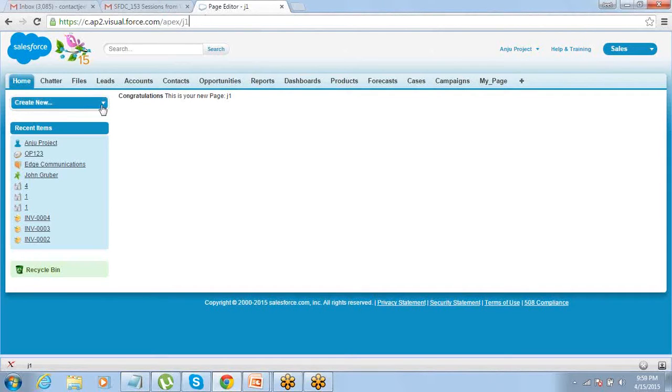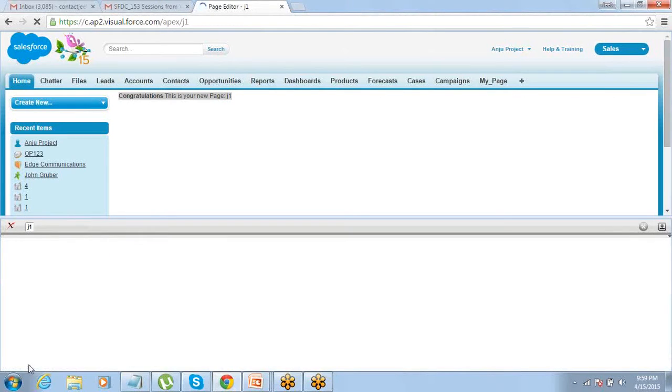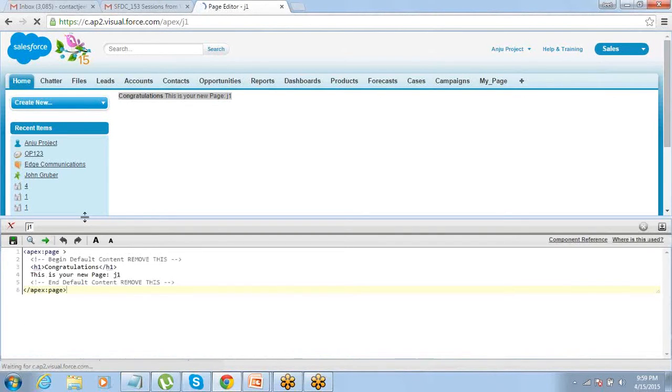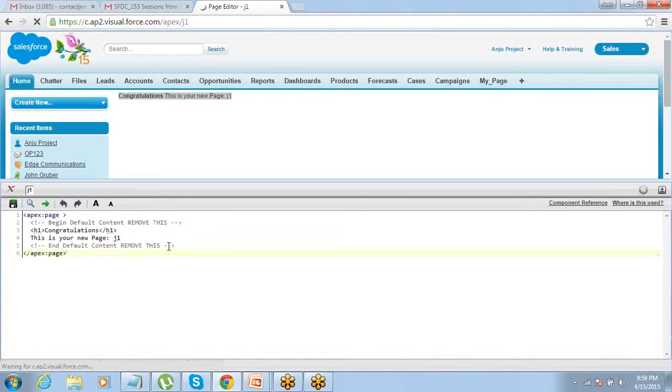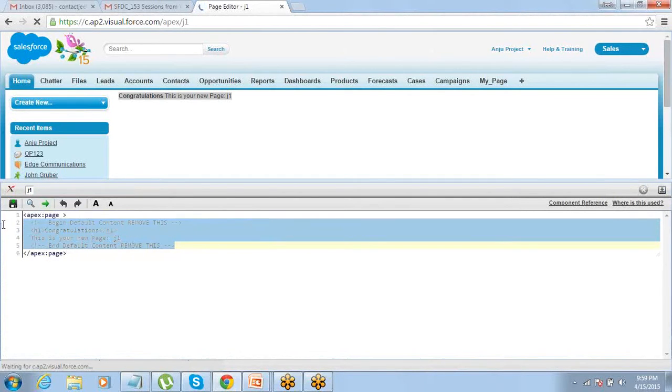Now this is the page which you created. This is the content of the page. By default, it says congratulations, this is a new page. And this is the code editor. So here is the URL, here is my page, and here is the code editor. I was talking to you regarding this Visualforce page editor. This is the editor, which comes exactly at the bottom end. You can just click on it, it gets expanded, and it shows you the code. You can keep on changing your code here, and that will get reflected on the page.